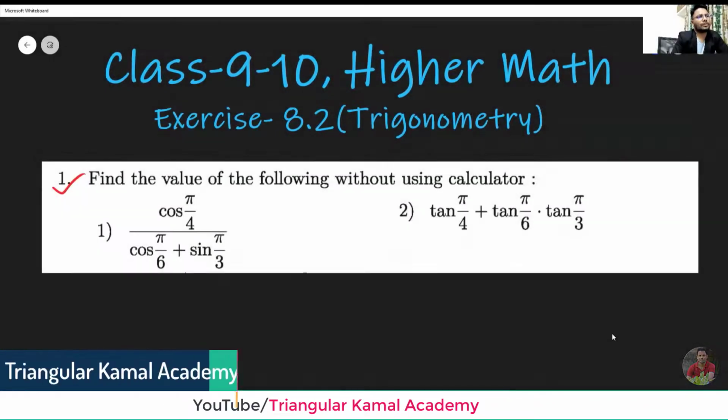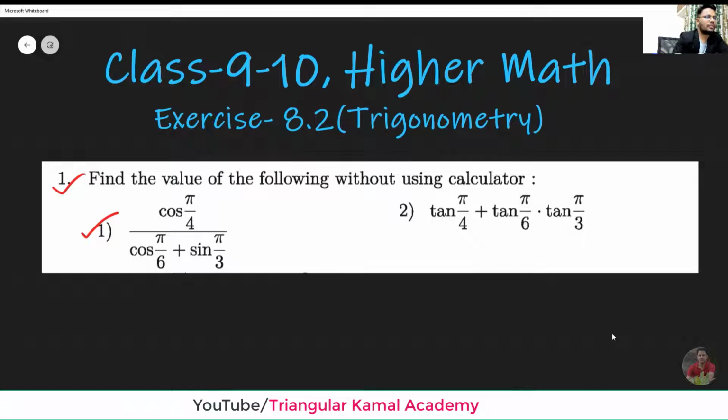Find the value of the following without using calculator. In the first question, the cos angle is given here in the radian system or circular system: pi by 4, pi by 6, pi by 3. And putting their value, then we have to do simplification. But without calculator, this information is given here. So now, first of all, we have to convert this angle pi by 4, pi by 6, pi by 3